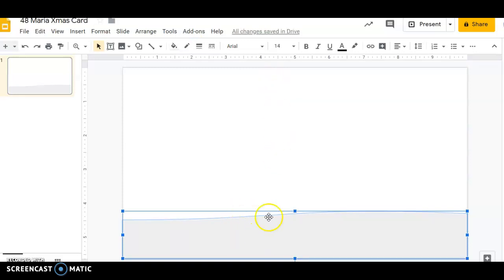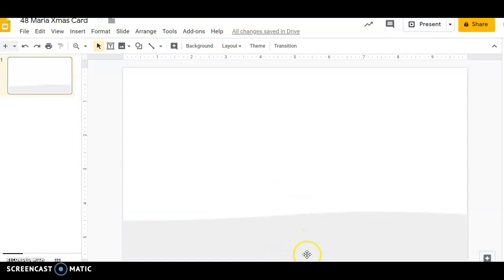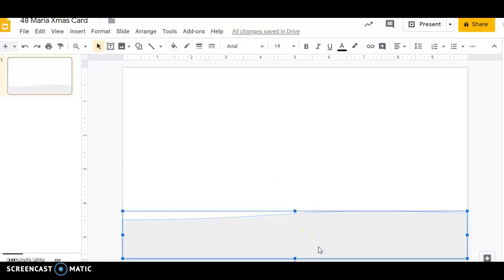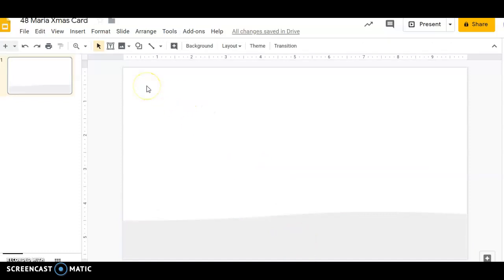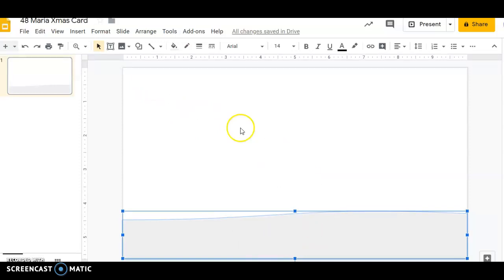At first you'll see a light blue background or a blue line, but that's just because you're clicked on the shape. Once you click out, you're not going to see it, okay? But that's why you know there's snow right there. Now, the next thing I'm going to do, since I already have my snow, I'm going to work on a